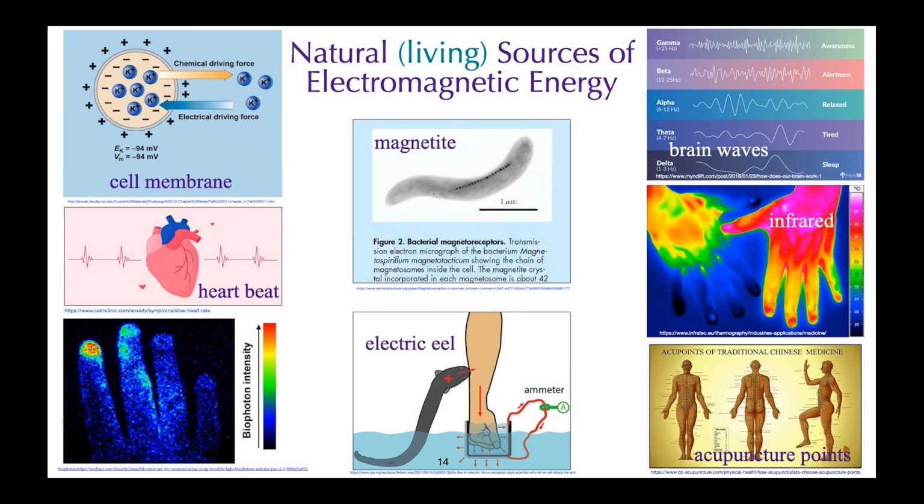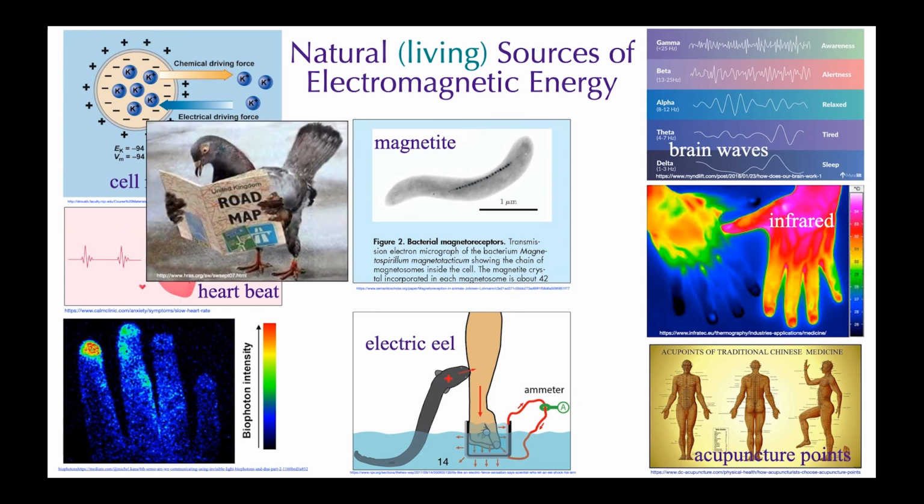And even the simplest organisms have magnetoreceptors to help them navigate. Here you see a string of magnetite crystals in a bacterium. Magnetite is found in the brain, abdomen, or thorax of many different species, from birds, bees, butterflies, to migrating fish